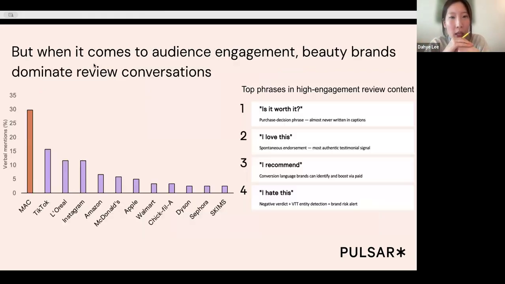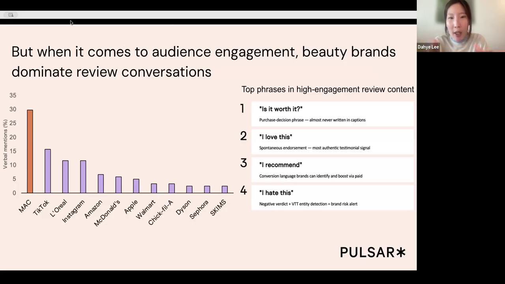And then next one is brand breakdown. These are the brands most mentioned inside high engaging video reviews. Just to give you a sense, this is different from the previous brand breakdown as Sal took us through. The earlier view looks at the overall product review conversation. This one zooms in specifically on the brands being spoken about inside videos driving the most engagement.